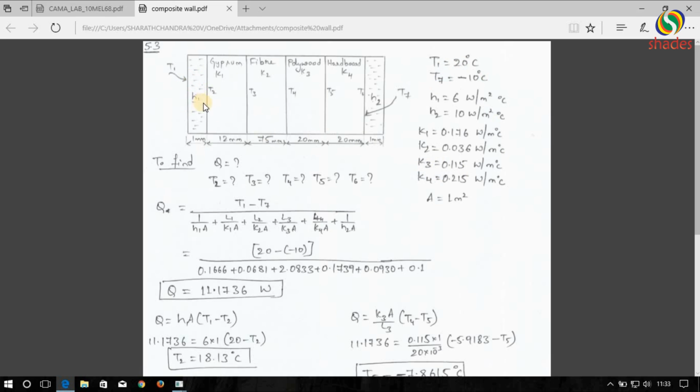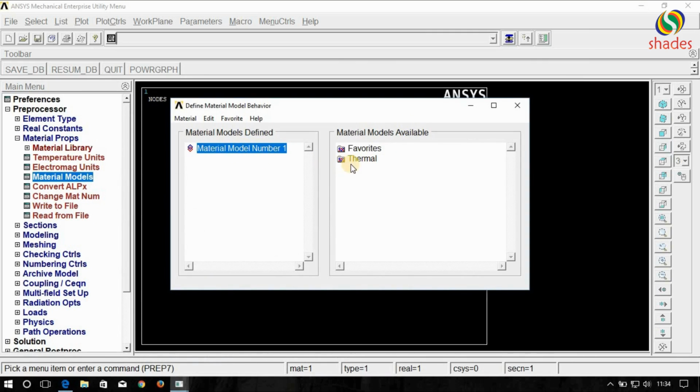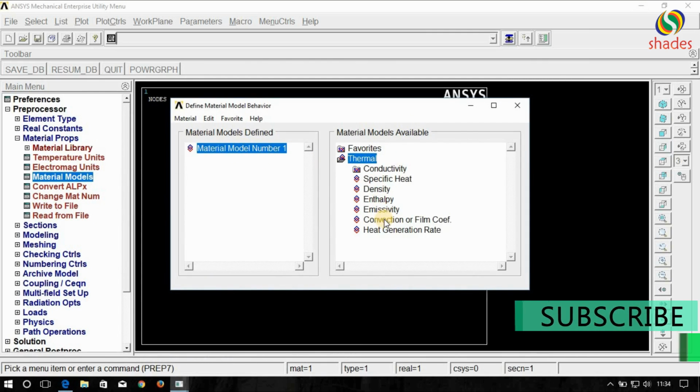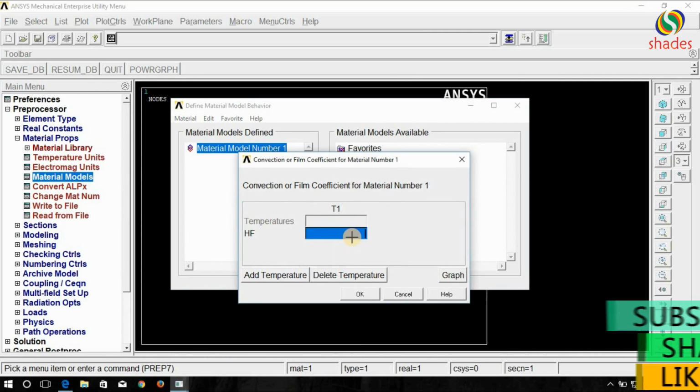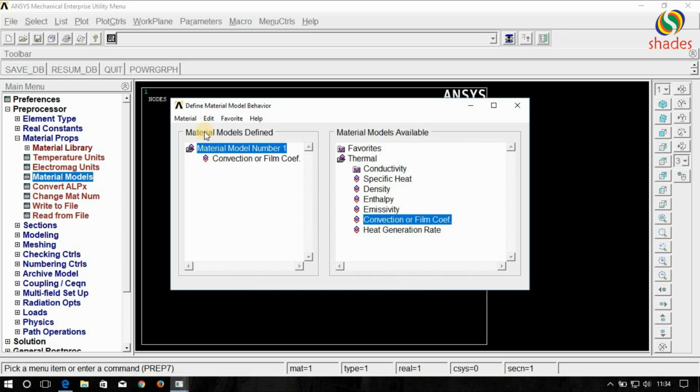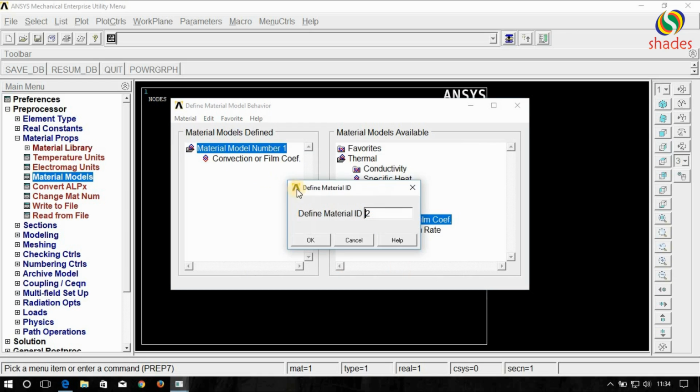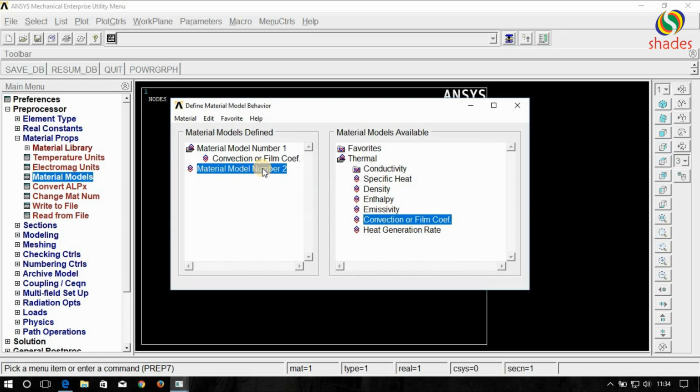This is the first model and for that the convective heat transfer coefficient is 6 watt per meter square degree Celsius. So material model number 1, thermal, convection, and value is 6. Click OK. Now go to material, new model, model number 2, model ID 2 and click OK. This is the gypsum material. For that gypsum material we have the conductivity 0.176. So give the value conductivity isotropic